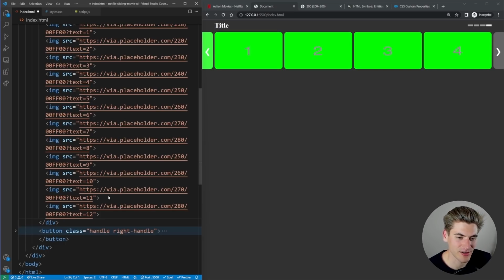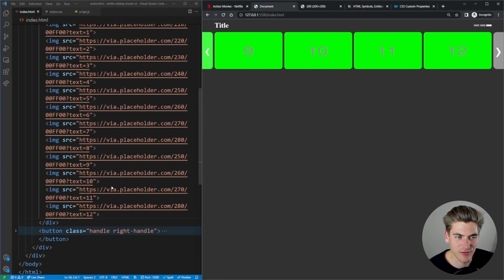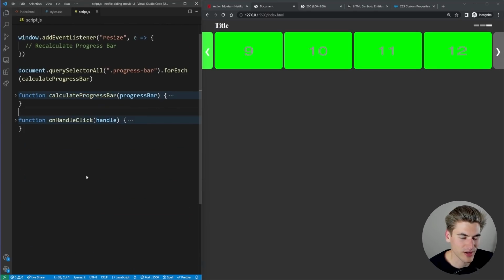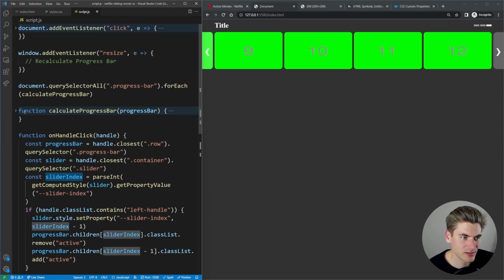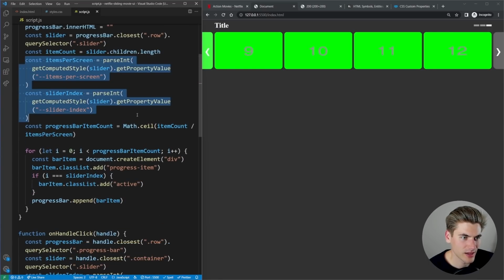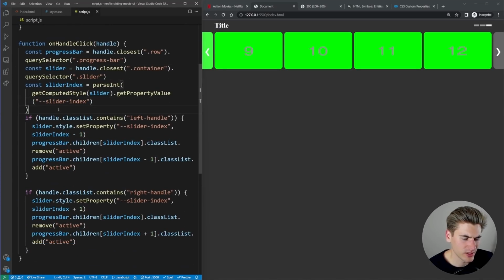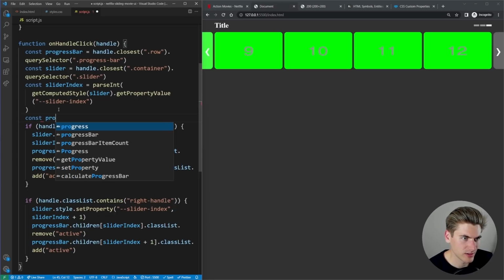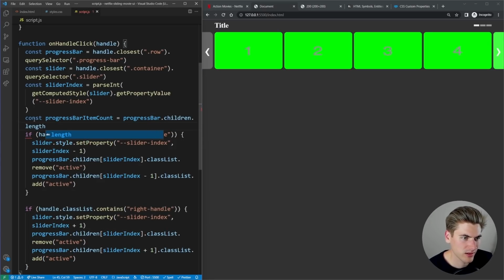We almost need to make it so like our entire slider just like moves itself, like it clones itself. But it's hard to make it smoothly scroll. Because we could obviously make it so that when we click next here, it just scrolls back to the very beginning. And that's pretty easy to do. So I'll kind of emulate that. So we could say slider index. We want to get the items per screen and the item count here. We want to get all this information. I guess we could just use the progress bar for that. So we can say like const progressBarItemCount equals that dot children dot length.